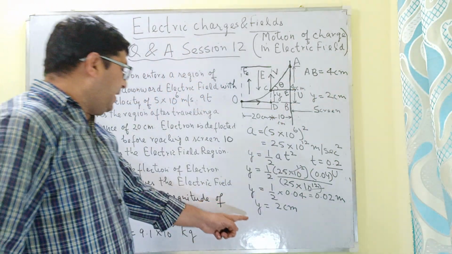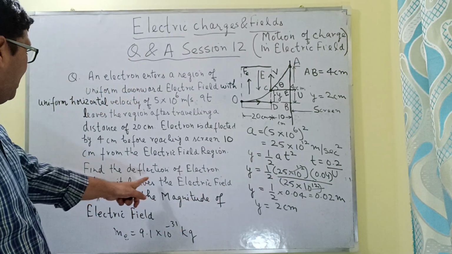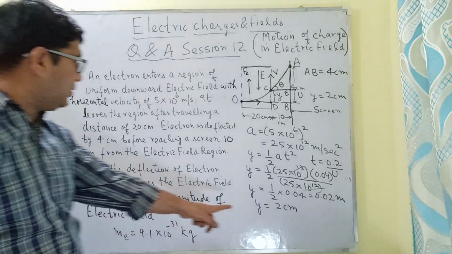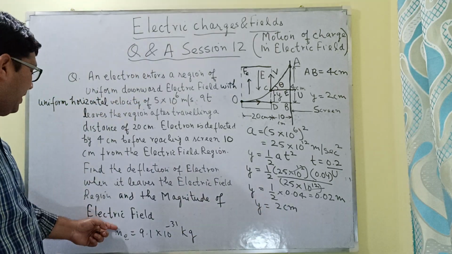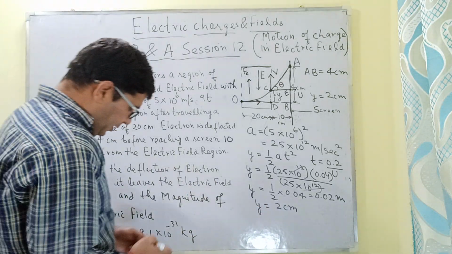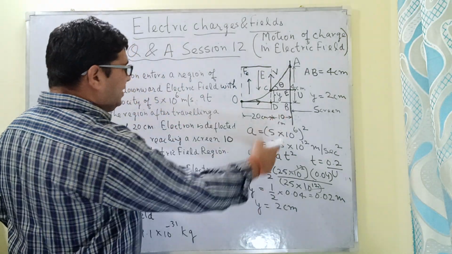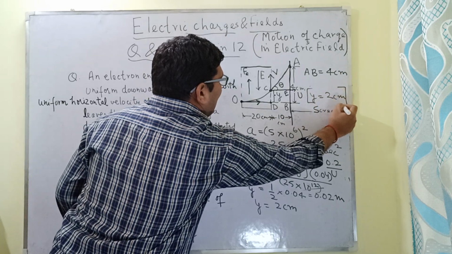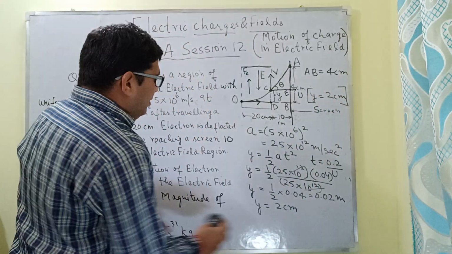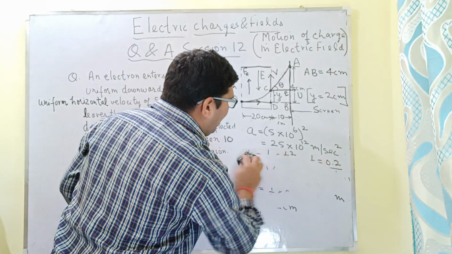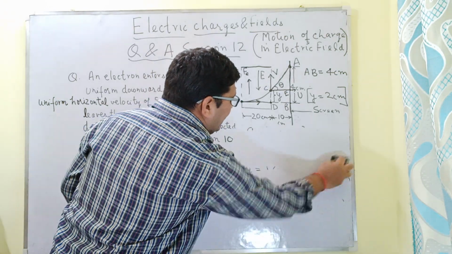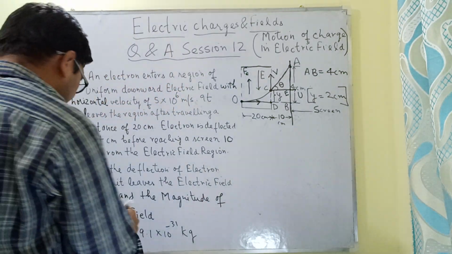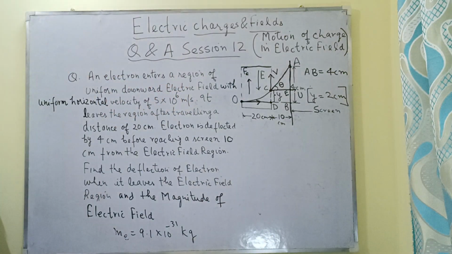Okay, so we have calculated the deflection, that is the first part of this question. The deflection of the electron when it leaves the electric field is equal to 2 centimeter. And now we have to find the magnitude of the electric field. This is the deflection which we have already calculated, and now I will be calculating the value of the electric field, or the intensity of the electric field. So for that, I will be using the formula